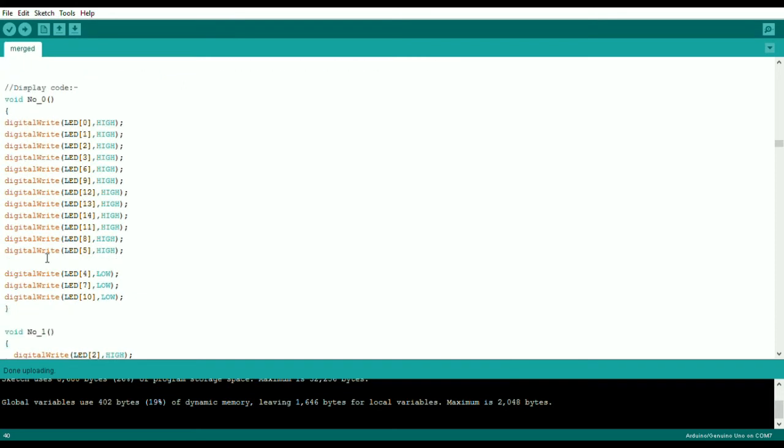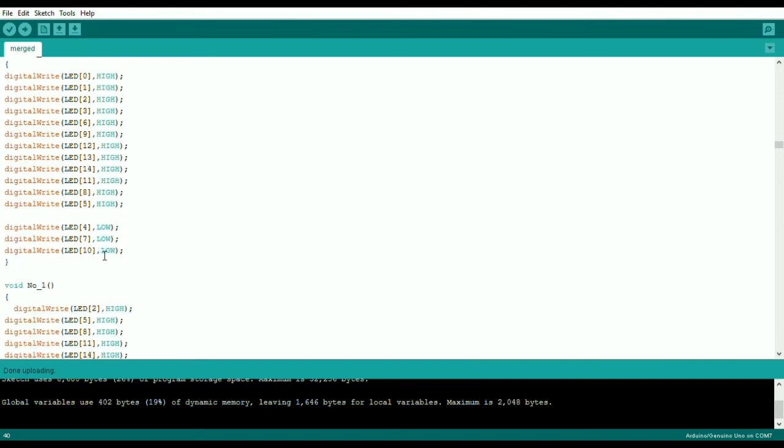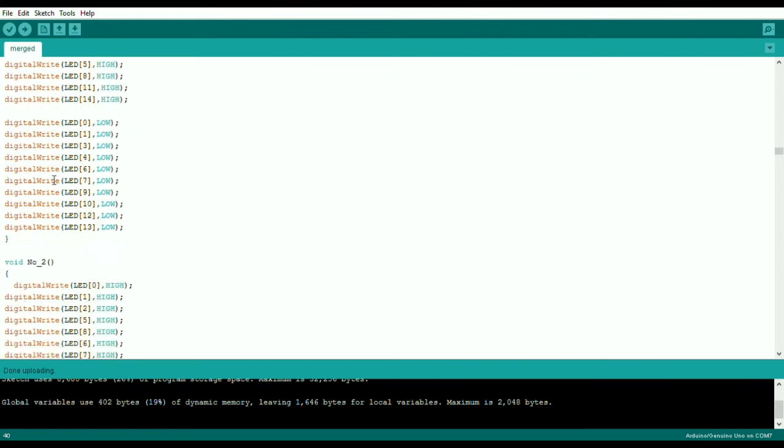So here are the display codes. Display codes are nothing but the codes I have written. I have turned on the LEDs whichever I need to display that number 0. Number 0 needs this many LEDs. Just like number 1 needs all these LEDs to be turned on and some of them to be turned off.